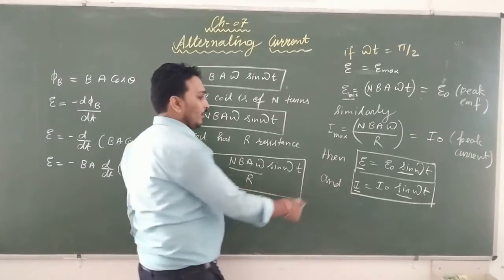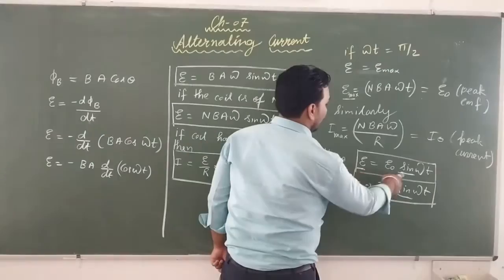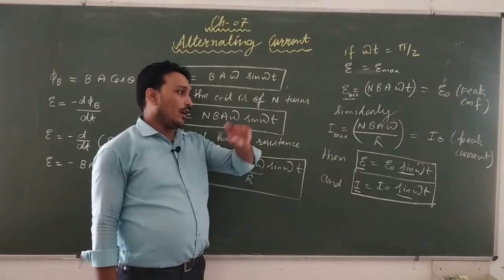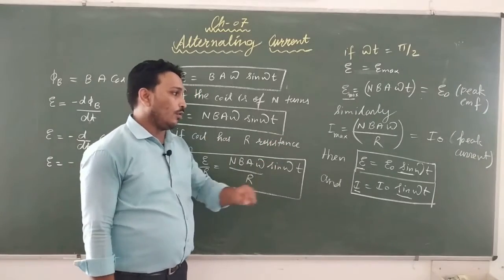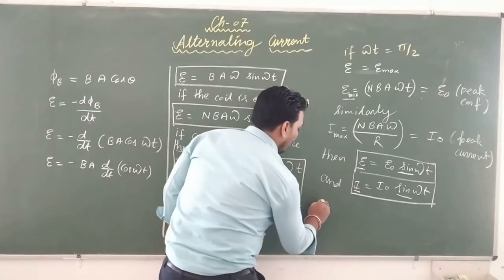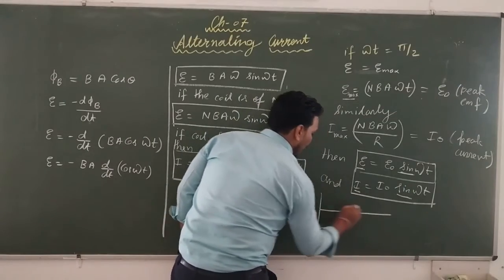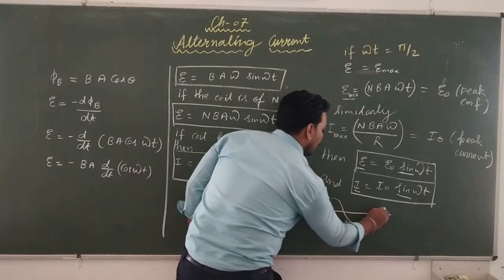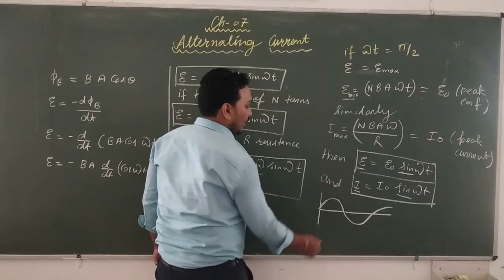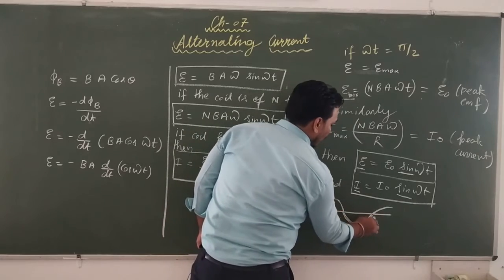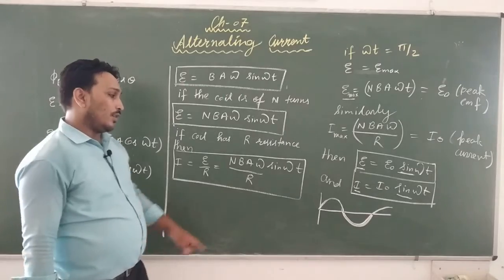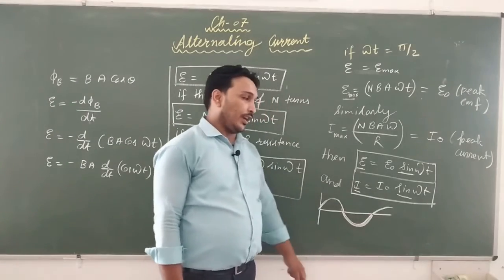But if the EMF is a function of sine, then obviously for a particular half cycle it is going to be positive, and then for a particular half cycle it is going to be negative. Why is it so? Because when we draw the graph of sine theta, it is like this. For this particular cycle, this is your first half cycle, this is your second half cycle. For the first half cycle, the EMF comes out to be positive, but in the second half cycle, the EMF comes out to be negative.